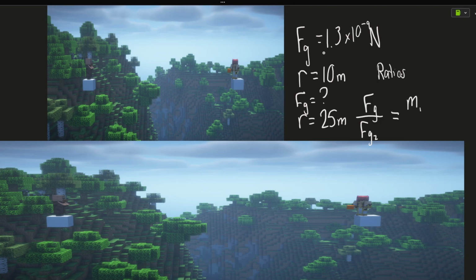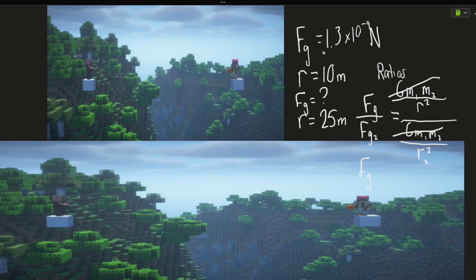so we have M1, M2, capital G, divided by R squared, divided by G, M1, M2, R squared 2. So what can we see from here? Well, you're going to flip this fraction into its reciprocal and then multiply it, so then we can see that all of these values cancel out. So we don't even need those values. And you're going to get